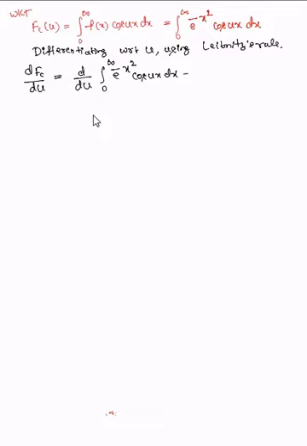This is equal to integral 0 to infinity dou by dou u of e power minus x square cos ux into dx. So this is what our Leibniz rule says. So you just have to take this d inside the integral, so this d becomes partial dou. So this is how we can apply the Leibniz rule. Now let us differentiate this partially first.